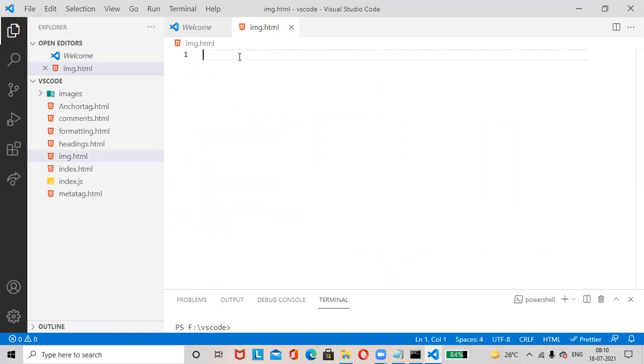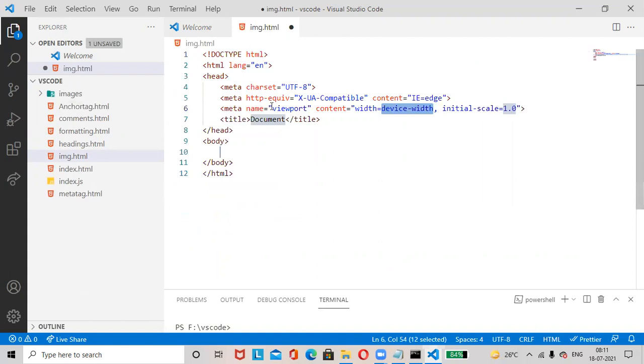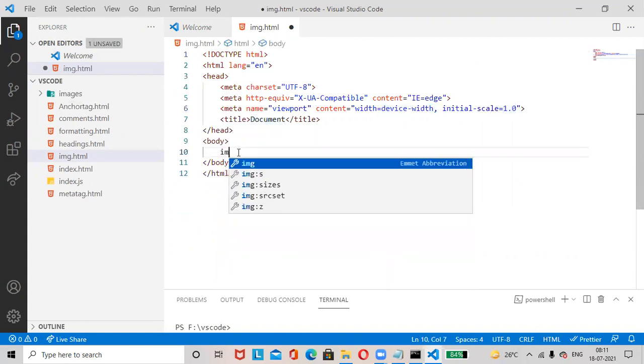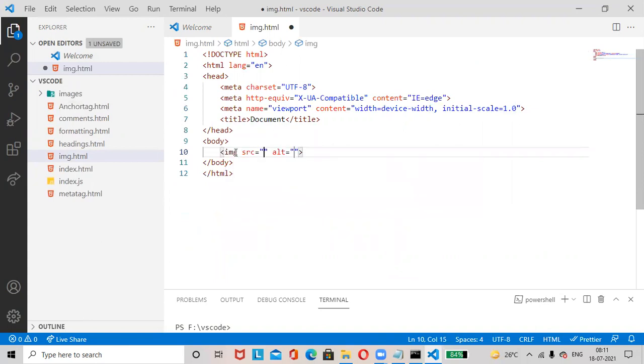Add the default HTML5 boilerplate code. Just type img and press enter. The syntax of the image tag is generated by Visual Studio Code.